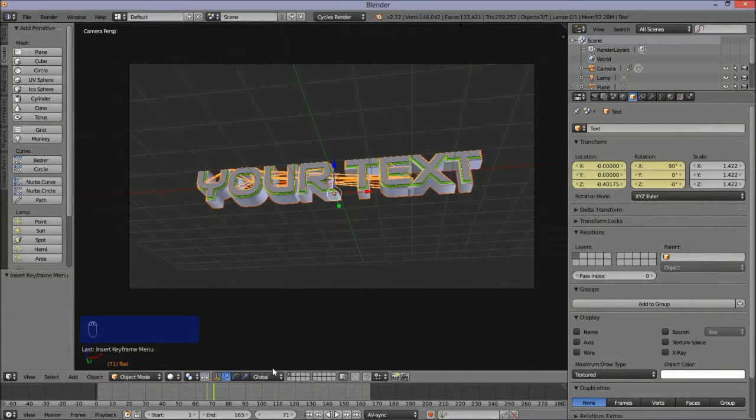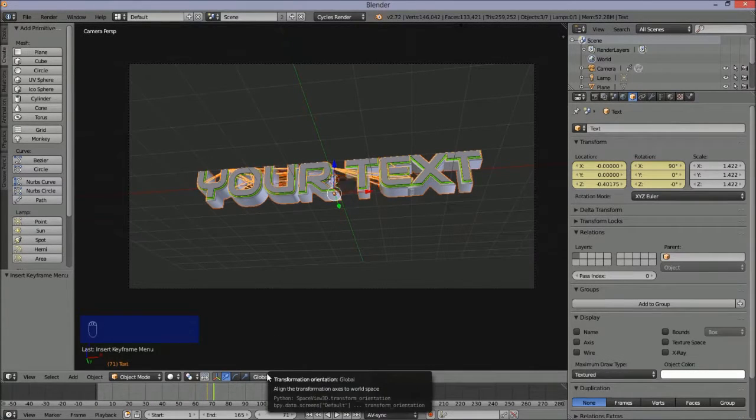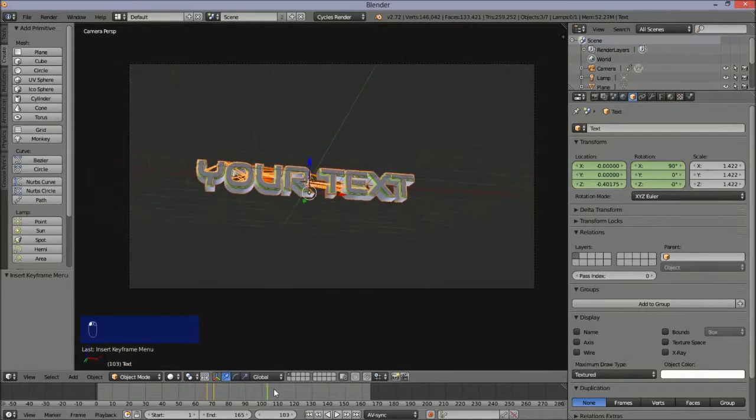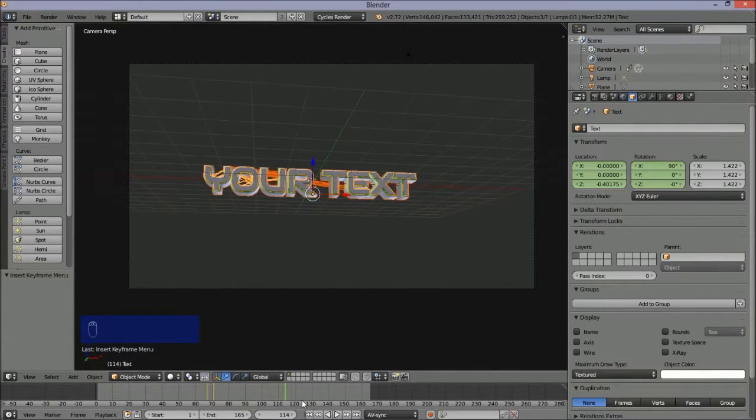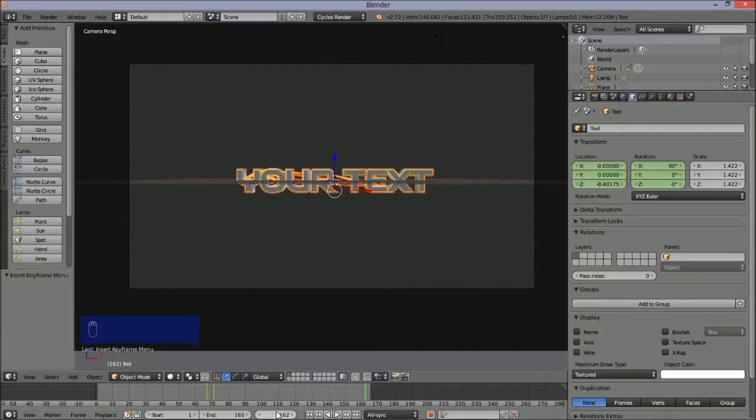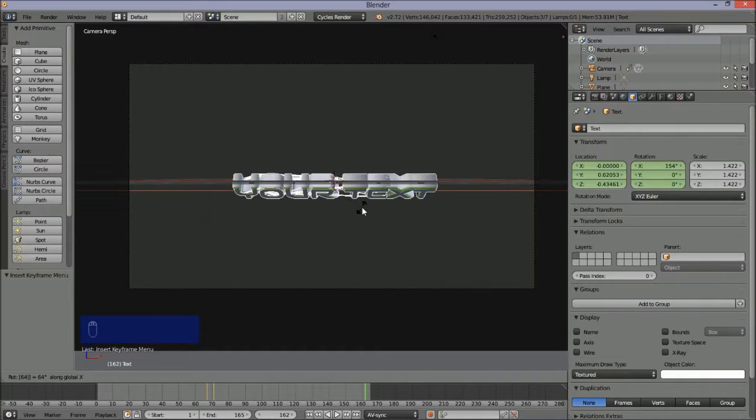And now we're going to jump to another later frame. See how this looks. And we're going to look at another frame. We'll go to frame 162. I'm going to make the text rotate upwards a bit. So type R, then X on your keyboard. We'll do 64